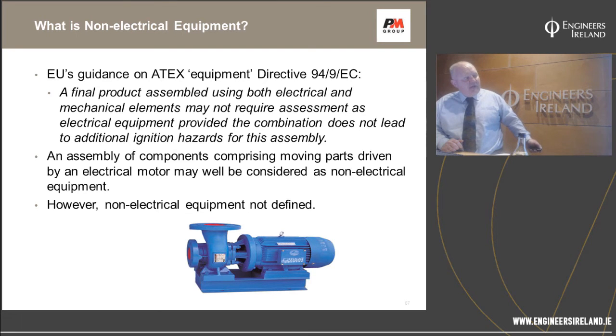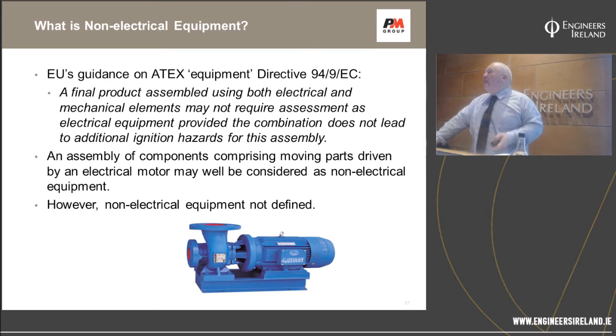So if you make an assembly with electric motors, pumps, conveyors, etc., you can call it non-electrical equipment, and you can self-certify for Category 3 and Category 2, which are, you know, 2 out of the 3 categories. So a manufacturer can do that himself, and that's normally what happens. So how do we go about